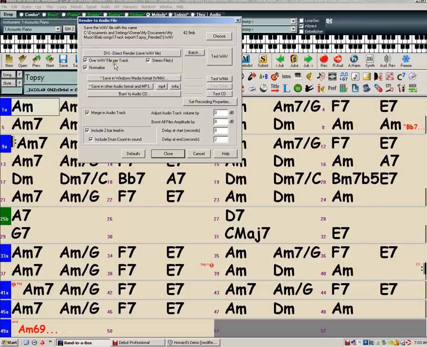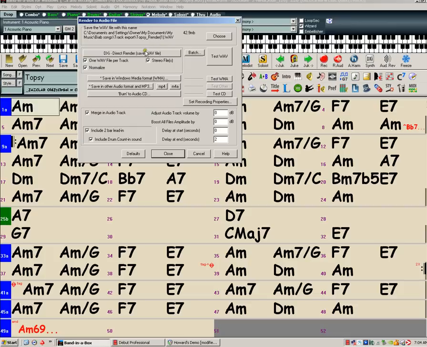So I'll get separate instruments on each track, and I'll have a little higher volume levels, easier to work with. You could normalize them in Reaper if you wanted, but I like to normalize here because it keeps the relative balance of the tracks the same, so the mix will sound the same in Reaper as it does in Band in a Box before you start moving any of the volume sliders for the individual